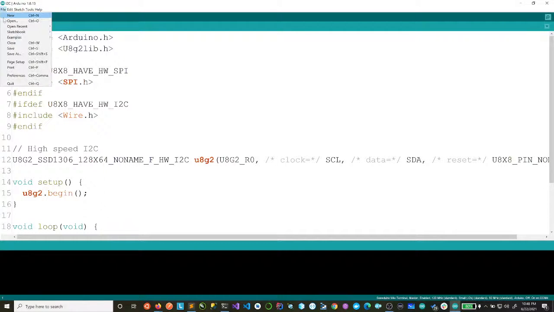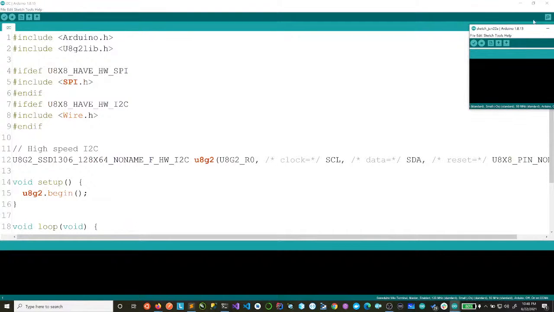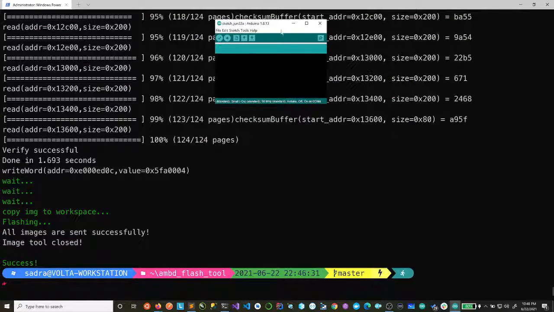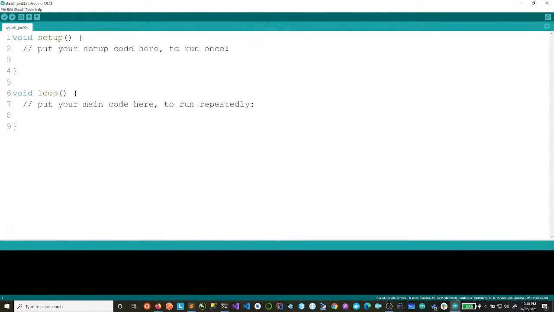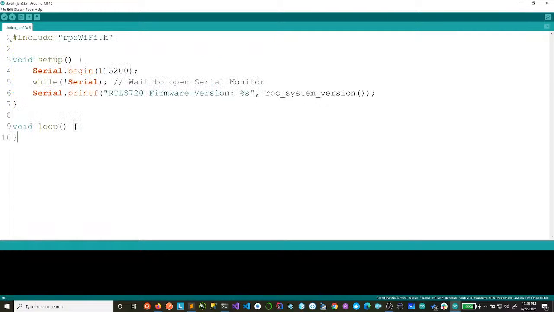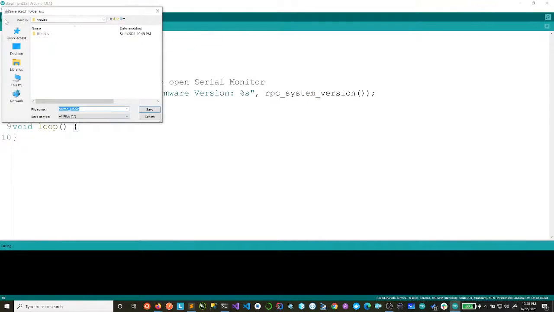So what I'm going to do is, let's do a new sketch and close this. So let's bring this here. And I'm going to copy this. So this is a code snippet, including the RPC Wi-Fi. And then this is the baud rate. And then whilst I can read, I just want to see the version of the firmware. So if you look down here, it's connected to the Wio Terminal on COM4. So I can verify this by clicking here. It's asking me to